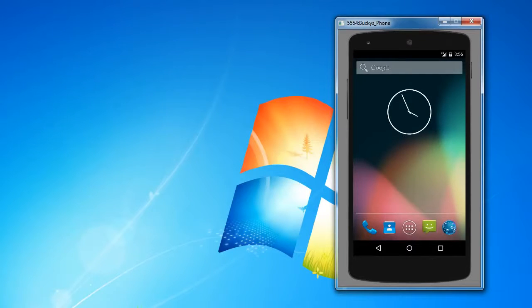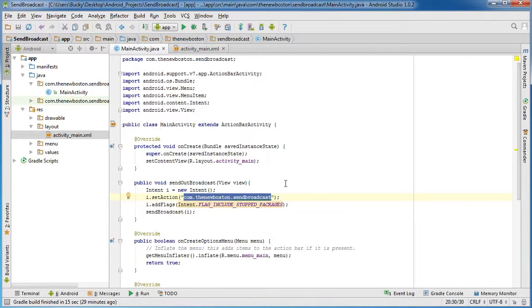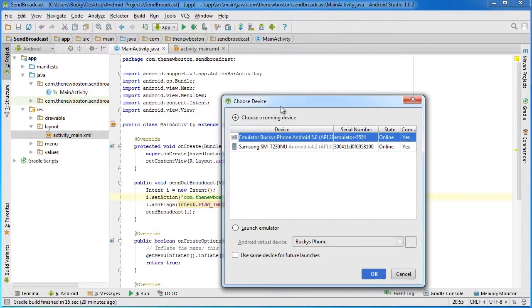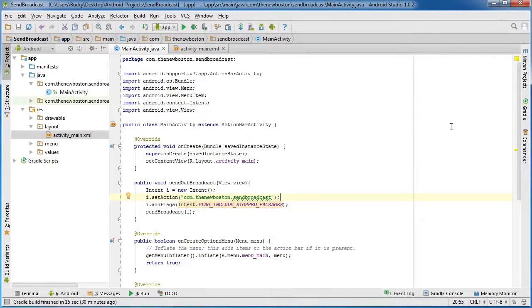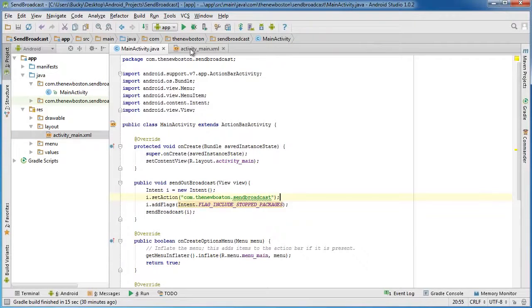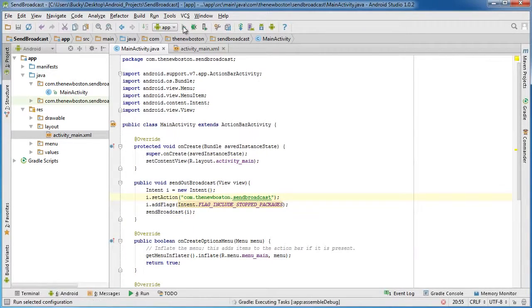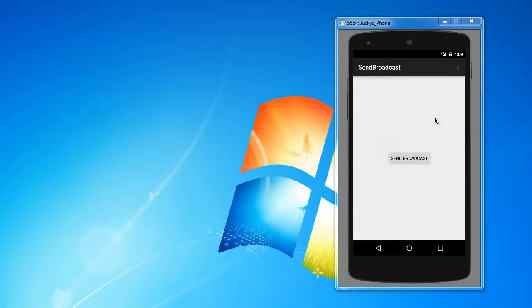So now if we go to our other project, send broadcast, then we can run this project too. Alright, so now we got that listener. So again, go to your other project, the one that could send out a broadcast, and just run this too. Now whenever we click send broadcast,